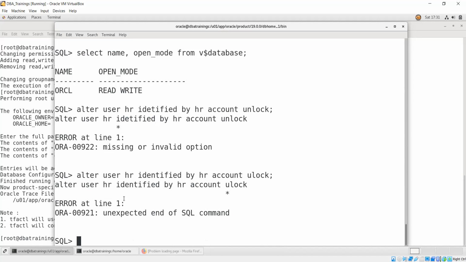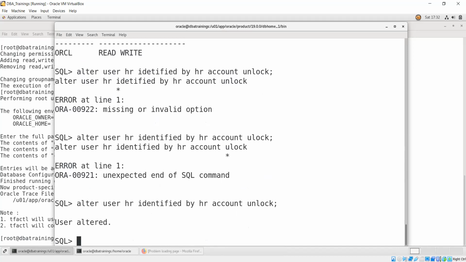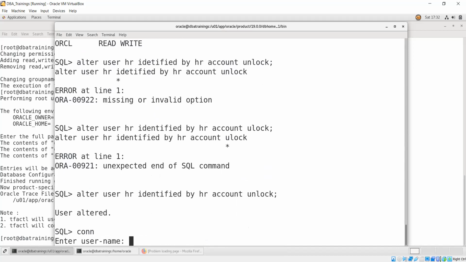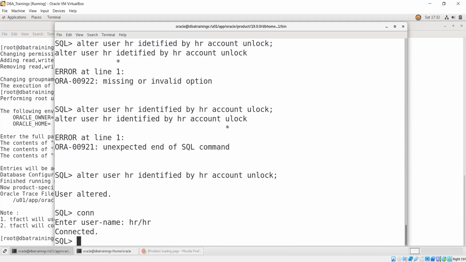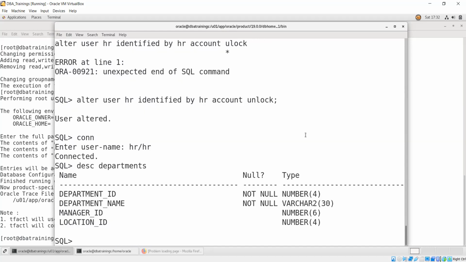Oh my God. Again, what is this? Account unlock. Above we have written correctly and here this one. So ready to go. Good. And now I am able to connect with this. So we have all the things.